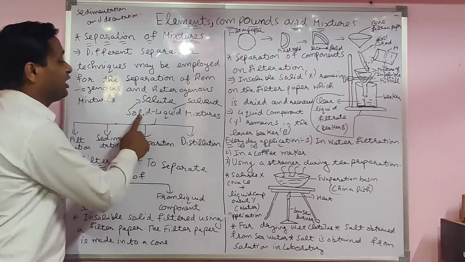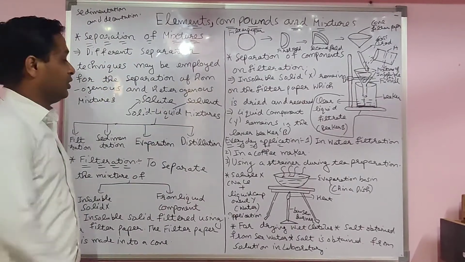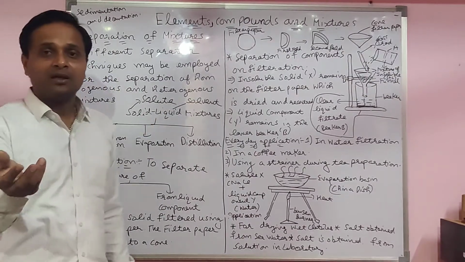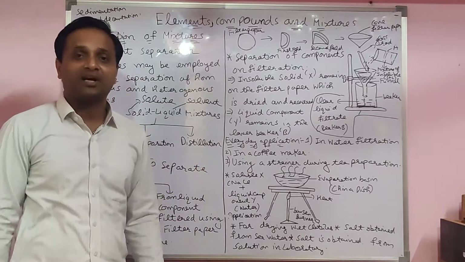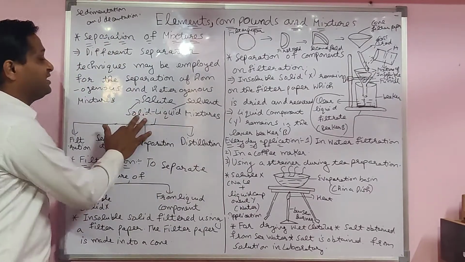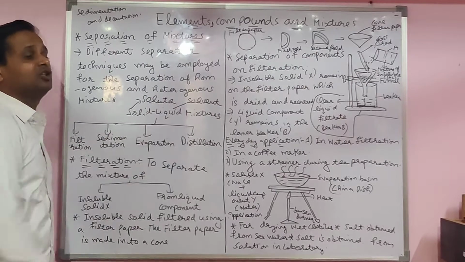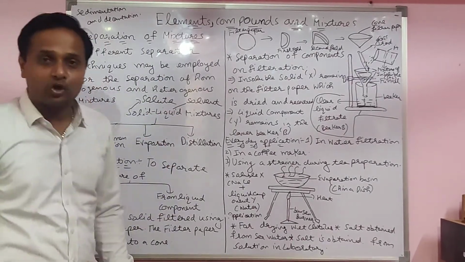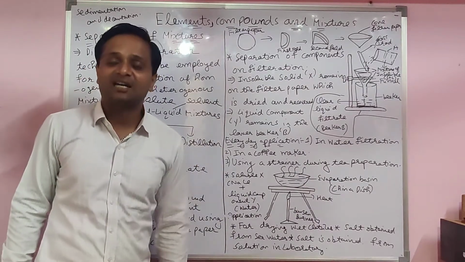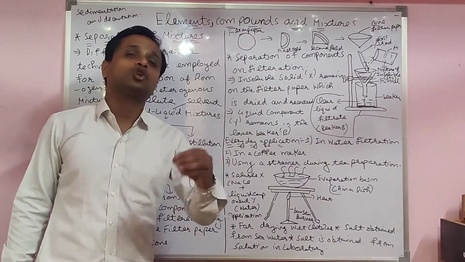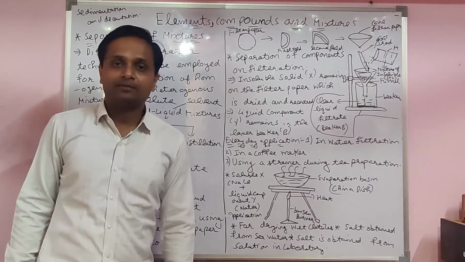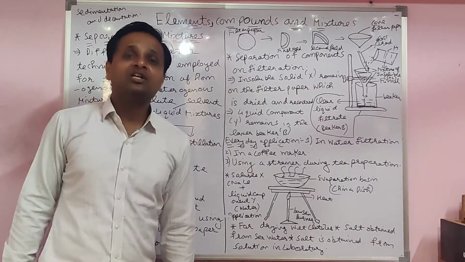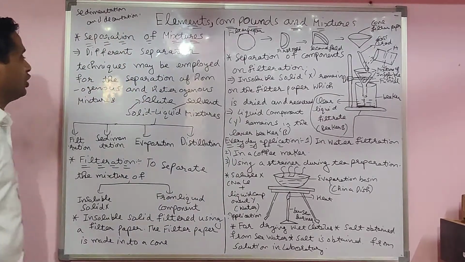So what does it mean? Solid in liquid. Solid is sugar, for example, and liquid means water. When you add the sugar in water, solid is a solute and liquid is a solvent. Which one is in the lesser quantity is called solute, and which one is in the greater quantity is called solvent. Sugar is a solute, water is a solvent. When you mix both together, solute and solvent, that gives us a solution.